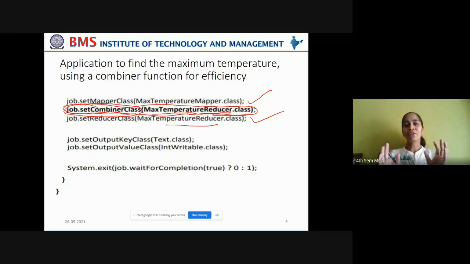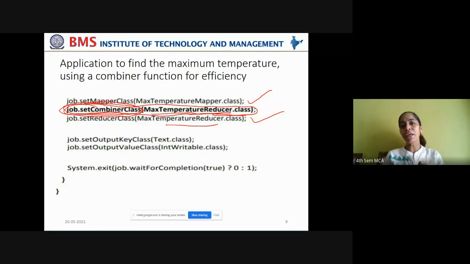Instead of being irresponsible about network utilization for data transfer between the map phase and reduce phase, you're acting a little more responsibly by adding a combiner class so that the data transfer between map and reduce phase can be optimized. Without this also your job will work, but with this combiner function, your job will work more optimally.